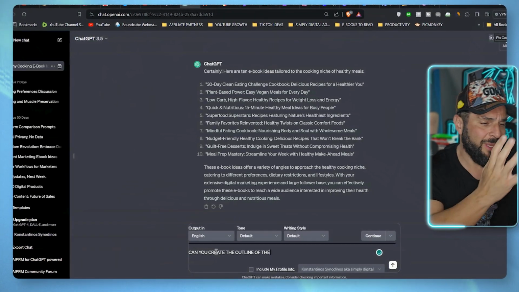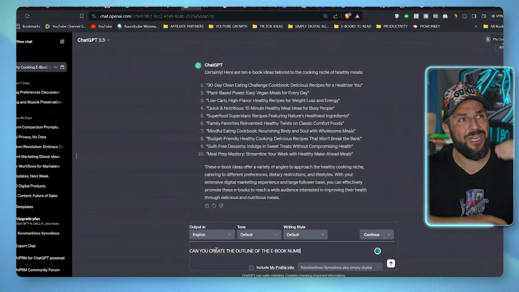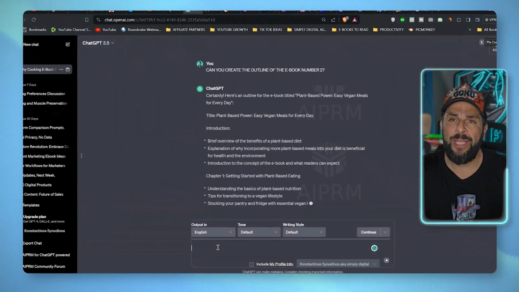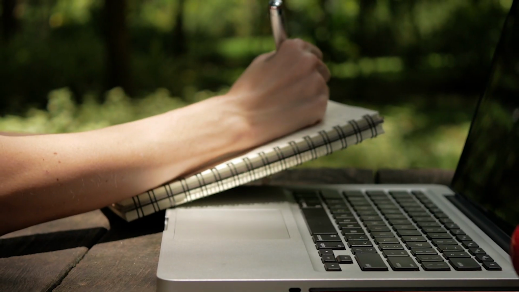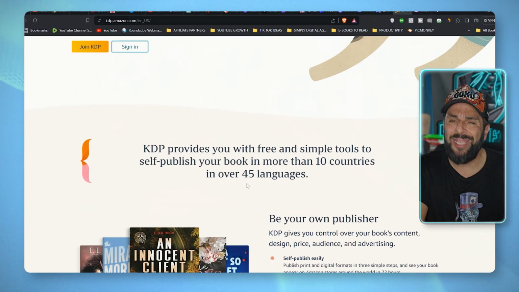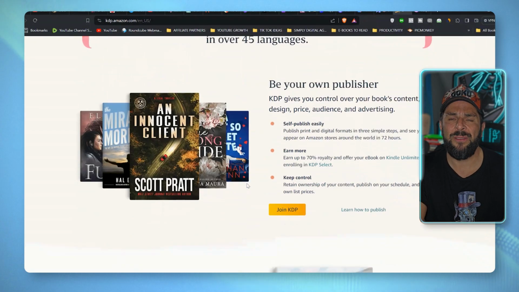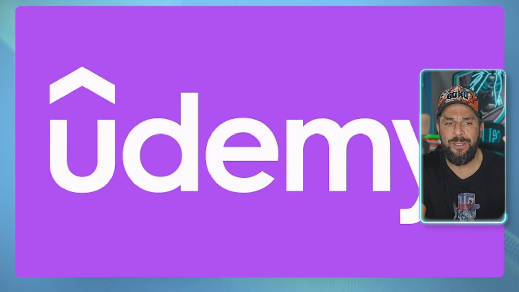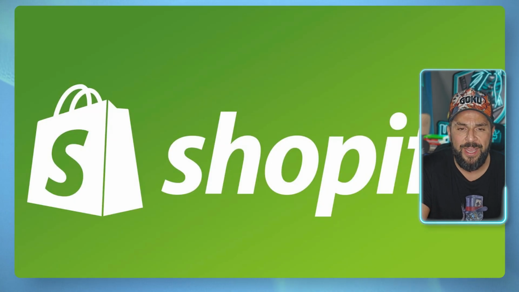And if you want to turn an ebook into something longer and charge more, you can ask Jasper to extend the content and elaborate on every single paragraph so you can develop an actual online course. And you can deliver this course either as written content or you can narrate that in front of the camera, developing a video course. Once you create those ebooks, you can go to Amazon Kindle Direct Publishing, or your own website, or any other digital product selling website like Udemy, Teachable, Gumroad, Shopify, or even Selfie to list your product and start selling it.